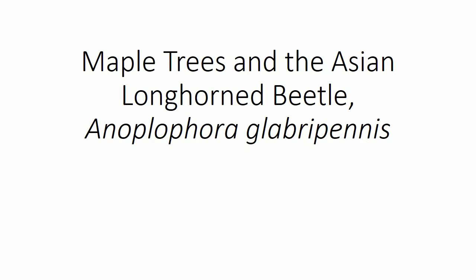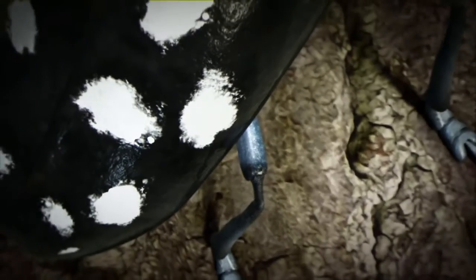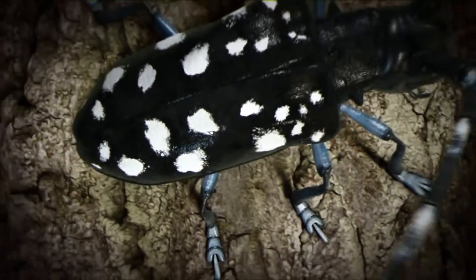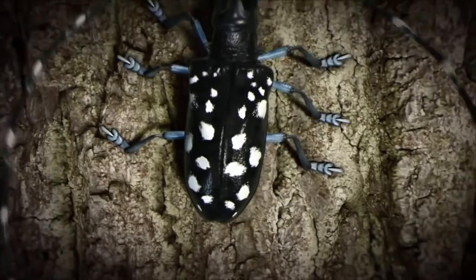I'm going to talk about a pest problem that is affecting a lot of maple trees across the US and Canada. The pest is an invasive species called the Asian longhorned beetle. My partner and I have come up with a solution to this invasive pest, but first let's discuss the problem